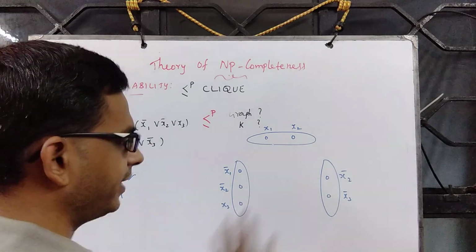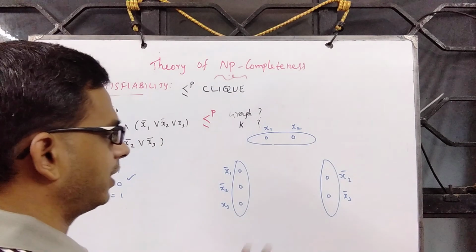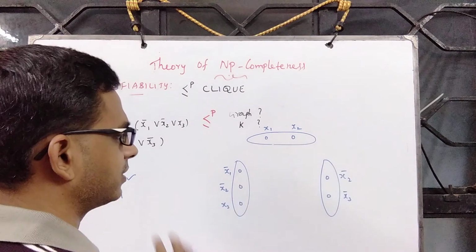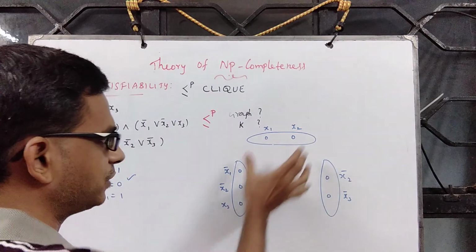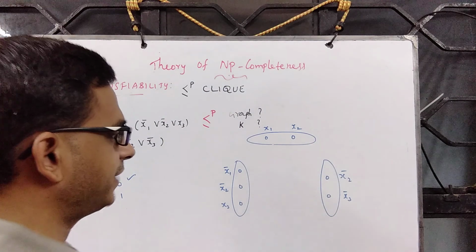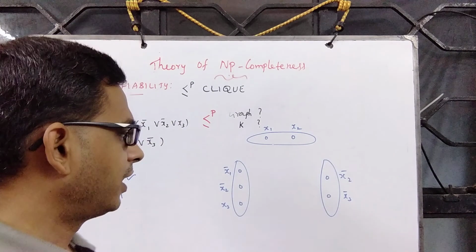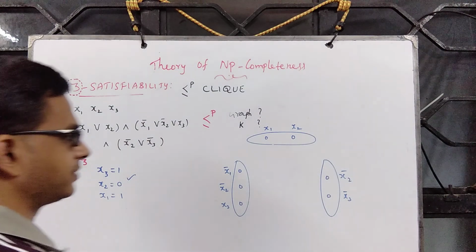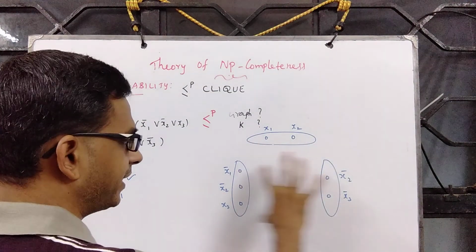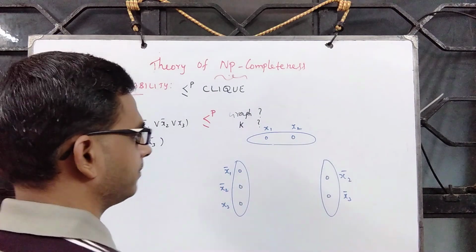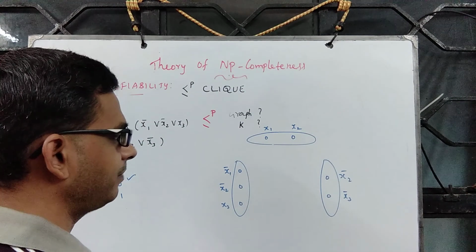You can appropriately relabel them, say u1, u2, u3, u4, u5, u6, u7. But what each vertex represents and how they correspond to the formula, that you should get, which is why I have drawn it in such a way that one can map this and this easily. Now the vertex set is defined. Let's look at the edges. There are no edges inside. So this is an independent set, this is an independent set, this is an independent set. No edges inside. And the edges are from one partition to another partition.